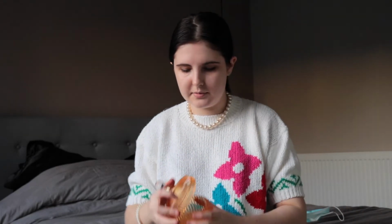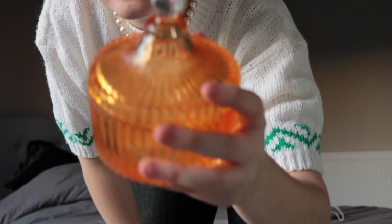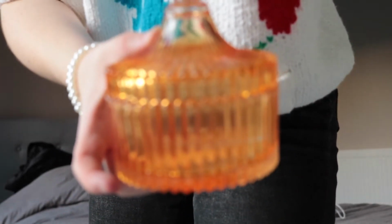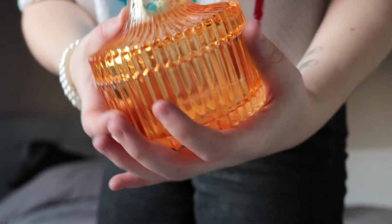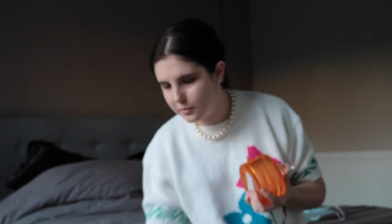This, oh my god, you guys, I died. This is I think my favorite thing that I bought today. This is my favorite thing I bought today. Oh my god, look at this. It is like the most beautiful, vibrant orange. I'm gonna put my rings in it. So freaking cute. So guys, for those 4 items, no, so sorry, for those 3 items, the orange one, my